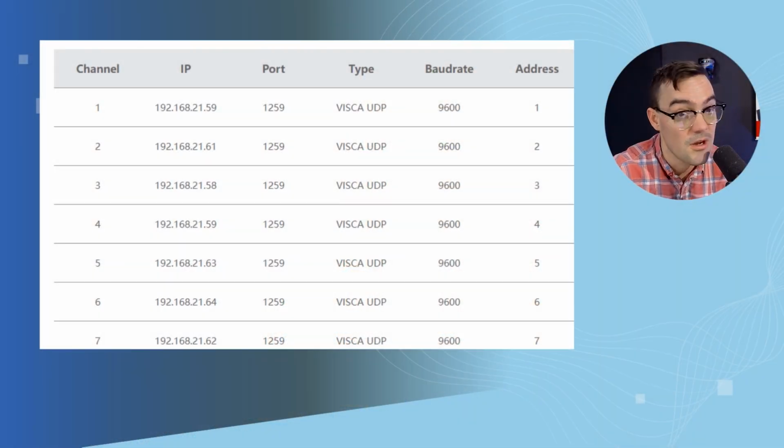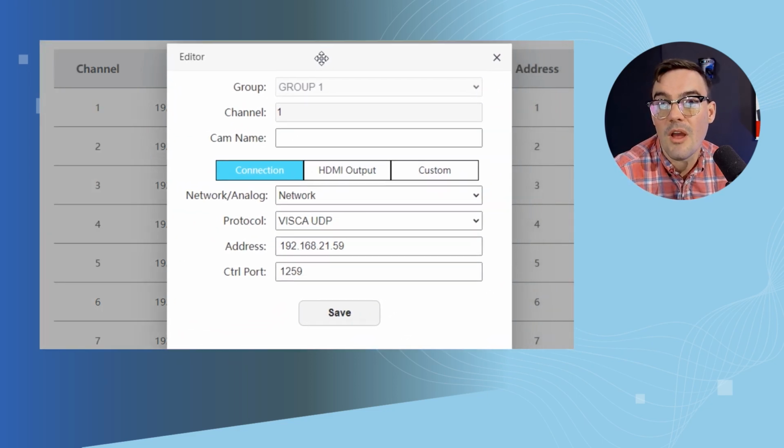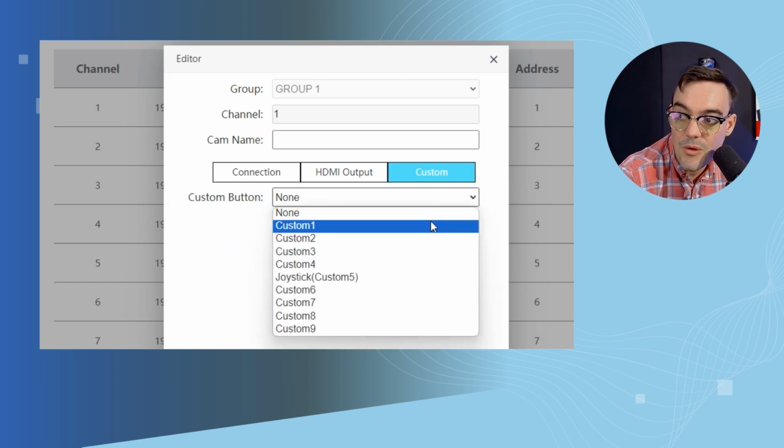Now, getting to your question, after I have filled in the background for this, PTZOptics SuperJoy has triggers. So if we go to the triggers, which this is brand new, by the way, and I do think it has a lot of value, and I think it is similar to what you're asking for. If you go to one of these cameras, we have a button here called custom, and this is what we call,